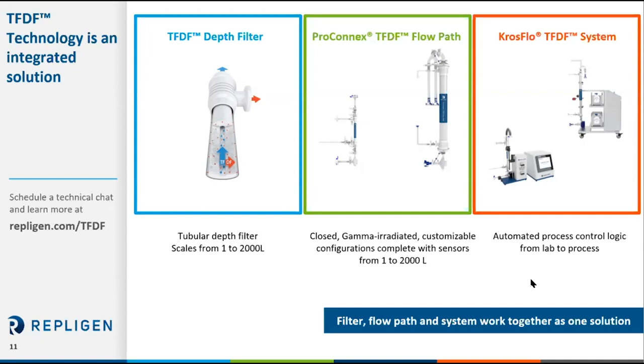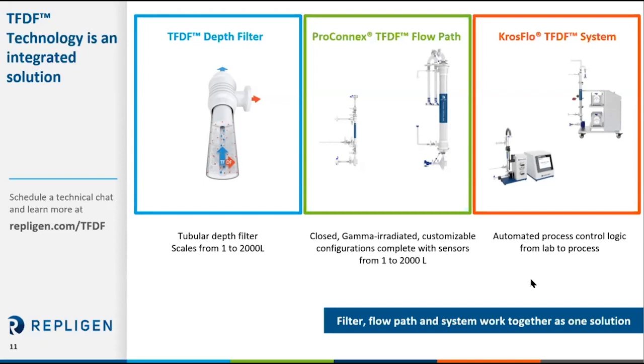We then take the TFDF filter and put it into a flow path that includes the filter, obviously. It has tubing, clamps, pressure sensors, aseptic connectors, and the single-use pump head. So all of these put together, gamma rated, ready to use. The beauty is that at the small scale, you only have one device to unbox, install, and break down. And at large scale, you still only have one device to unbox, install, it's fast, just 3 connectors, putting it onto the skid, and to break down.